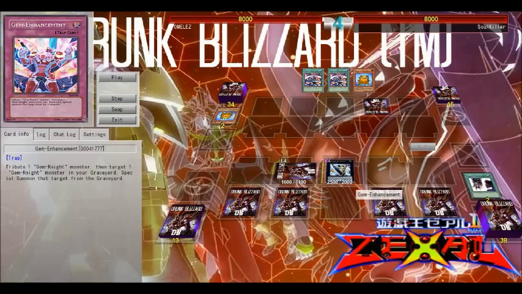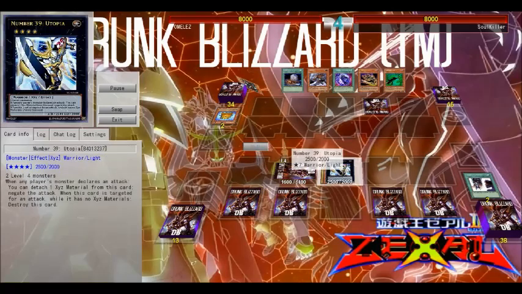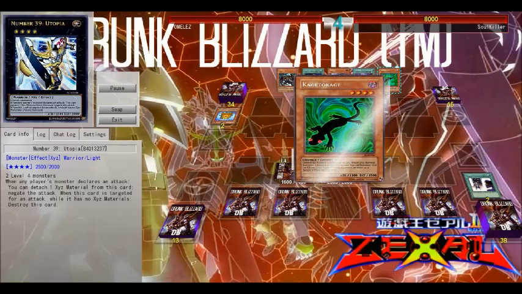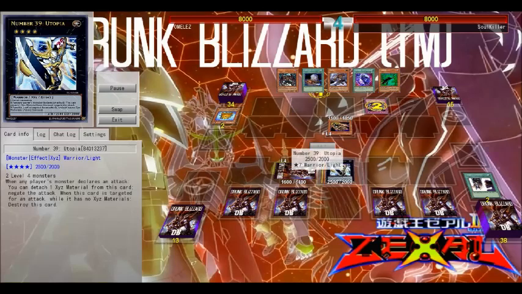So for a quick update, Torrential Tribute, Gem Enhancement, Mirror Force, and one more other card I forgot. Sorry. Book of Moon, that's what it was, is face down. And this guy starts off with a clean regular turn, and I'm like, okay, he's gonna go